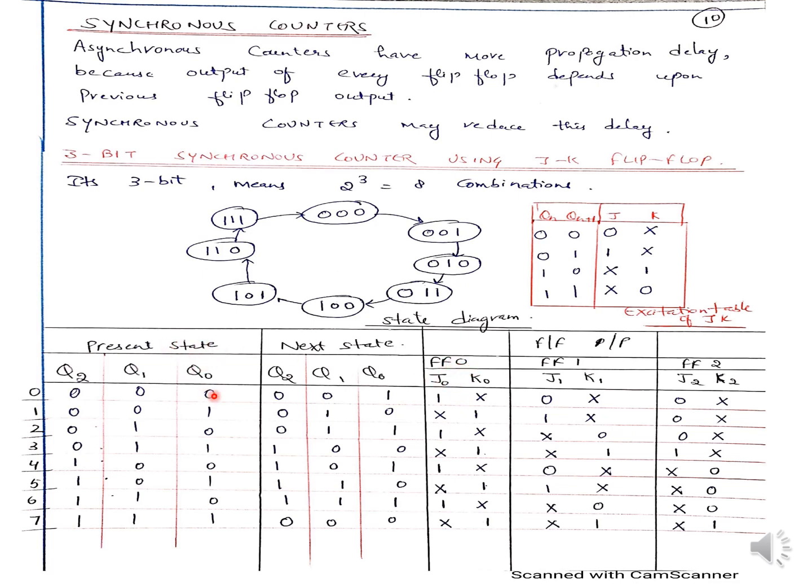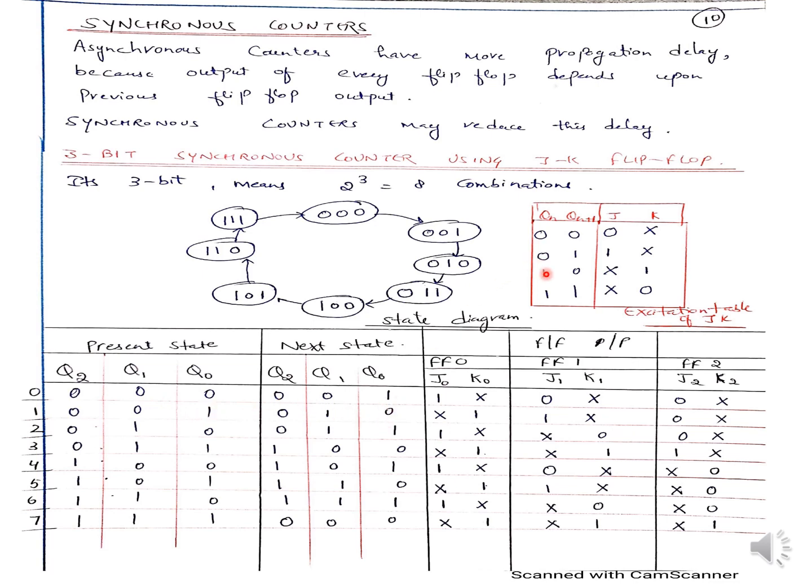Now if we are doing flip-flop 0, that means we will look at these Q0 and this Q0. So see, if the present state Qn is 0 and next state Qn plus 1 is 0, what will be my state here? It is 0 and cross. Now we will look here. If it is 0 and it is 1, we will look at the excitation table for 0 and 1. What is the output? The output is 1 and cross. So we will write here 1 and cross.